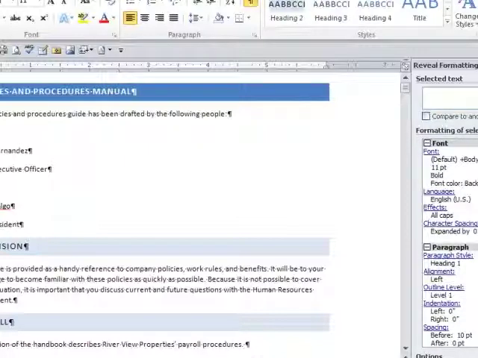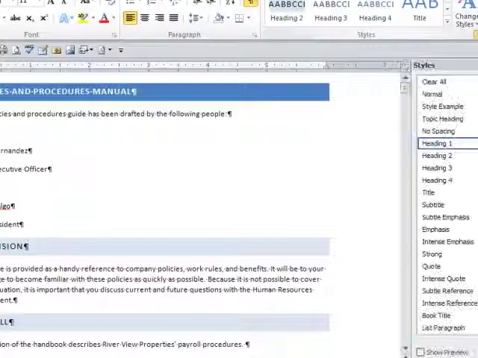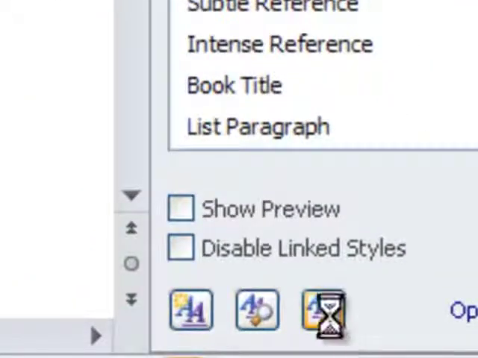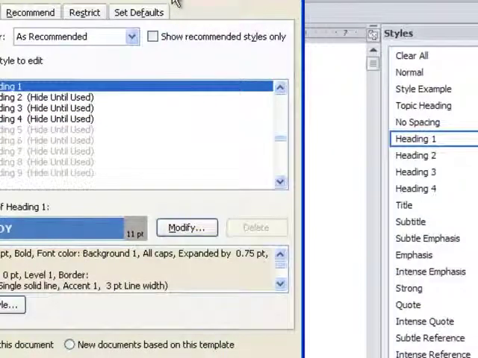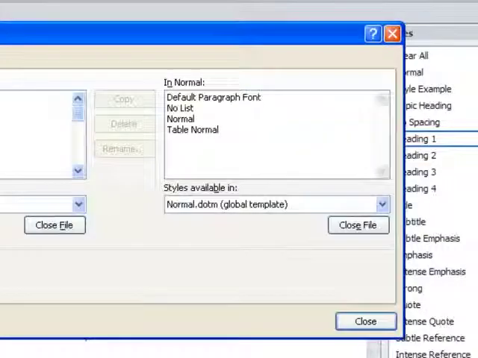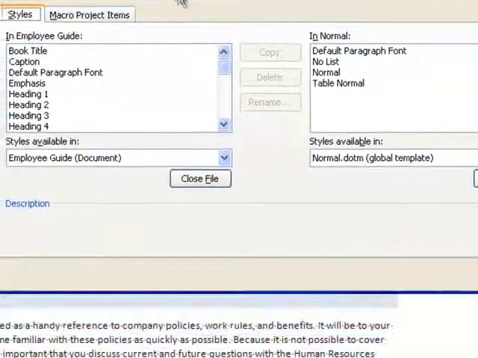I'm going to close Reveal Formatting and launch the Styles task pane yet again. This time go to my last choice here of the 3 commands at the bottom, Manage Styles. When I go into Manage Styles, you can see a lot of information on the screen. I really took us here for one purpose, and that is how to copy styles. In the bottom left-hand corner, I can click on Import Export, and when I do that, the Organizer